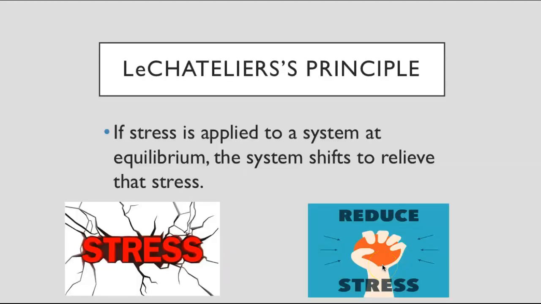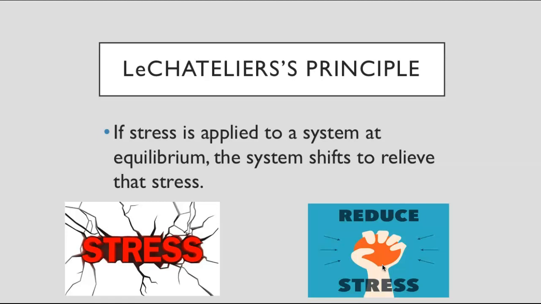All right, so the last thing that we're going to look at in this unit is what happens to a system at equilibrium when you apply stress to that system. And that's described by Le Chatelier's principle, which we will be doing a lab on. So the next lab that we'll do together is a Le Chatelier's principle lab. Le Chatelier's principle says that if stress is applied to a system at equilibrium, the system shifts to relieve